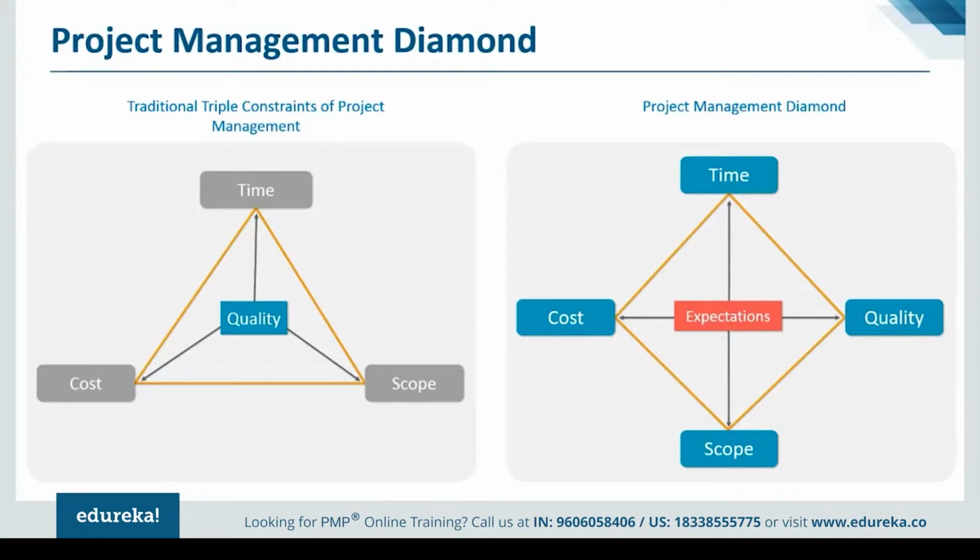Apart from that, resources is also a constraint. If you don't get enough resources to work on a project, then obviously you may not be able to complete all the scope items, or you may not be able to work efficiently in order to achieve your project within schedule. So resource could be another constraint we can look at. So it's time, cost, quality, scope, resource, risk, and I also look at customer satisfaction as one of the constraints